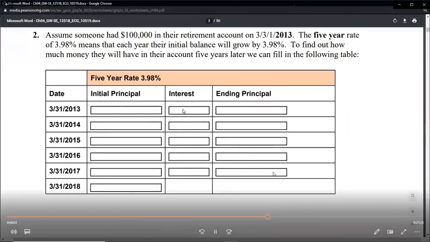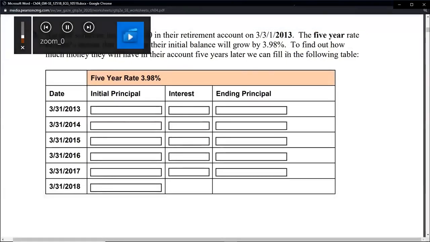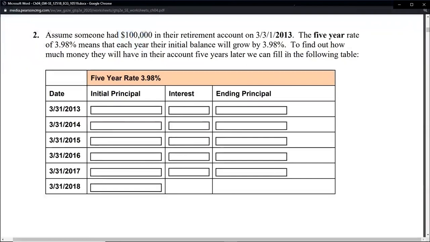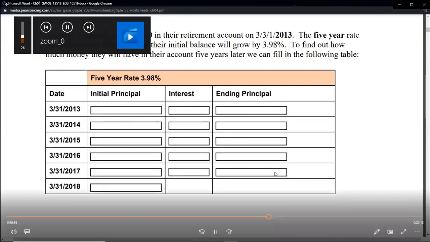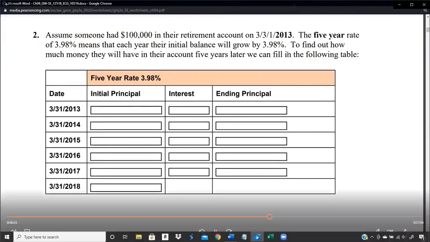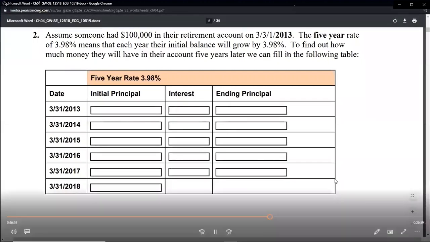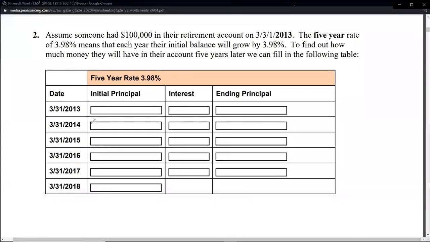This is going to be the problem for the discussion board to do between now and Tuesday. I'm going to do a write-up of what I say afterwards, but you can see how this has a row for March 31st, 2013. So basically this is just a row for every year. Then 1 year later, 2014, 1 year later, 2015, 1 year later, 2016. I will complete 2 rows of this, and then y'all will do the rest.